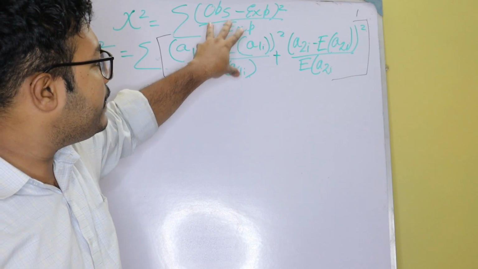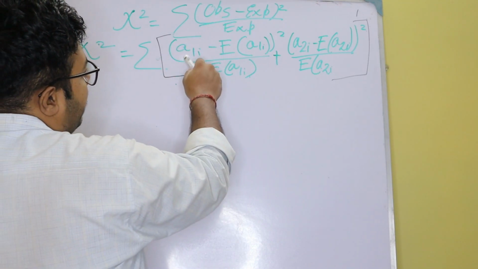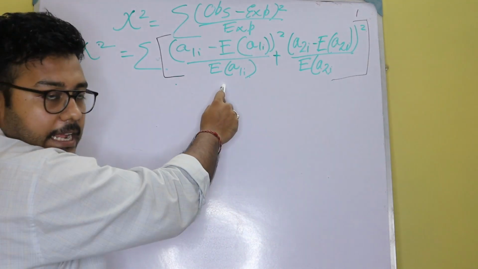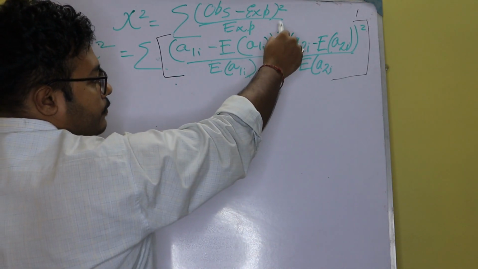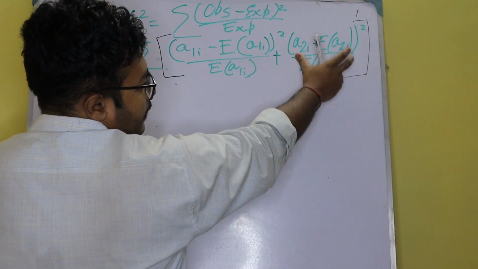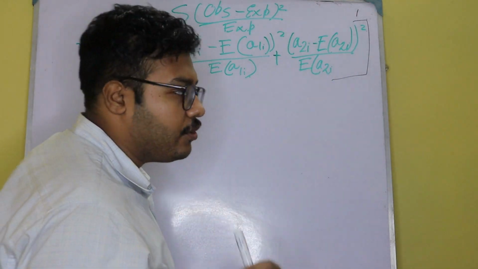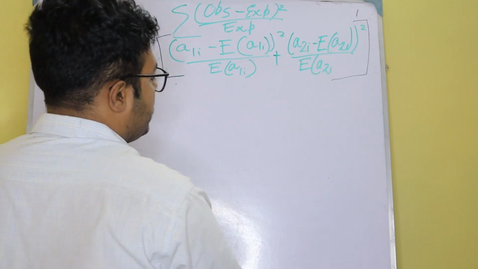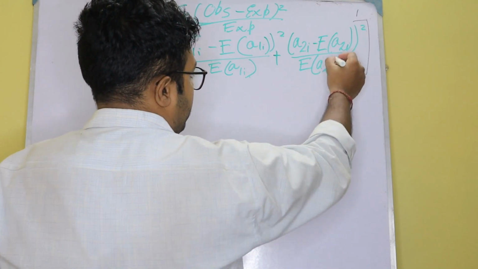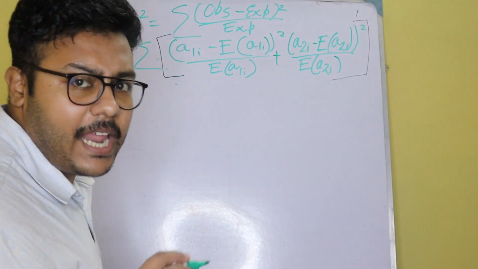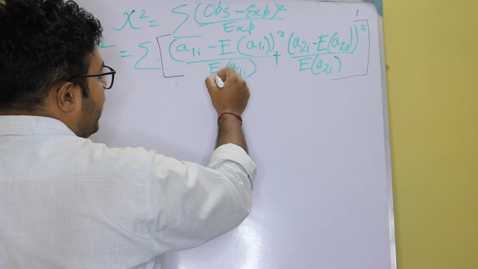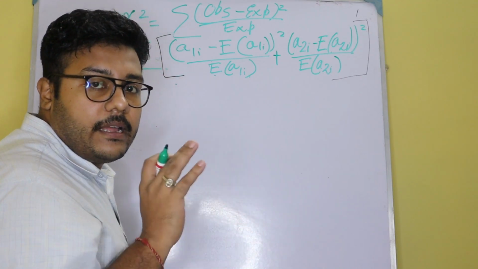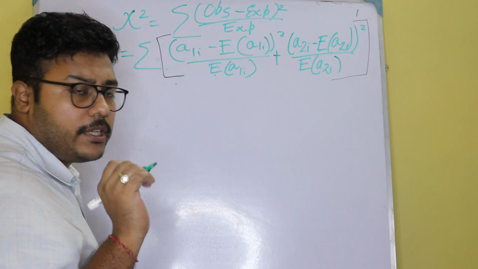See, can you tally with this expression? This is the observed value, and expected value is this one, divided by expected value. Right? This is raised to the power 2. In the similar way, I have written this for the expressions of the second row also. See here, I have just changed this 1 into 2 and other things remain the same. Now, I will deal with this first expression only, and then explain the second expression also. I am dealing with the first expression to come to the proof.